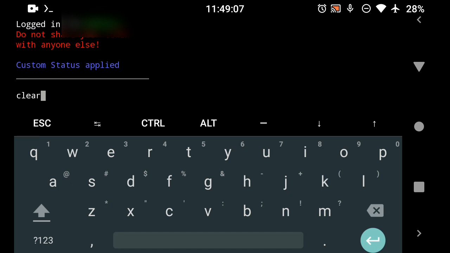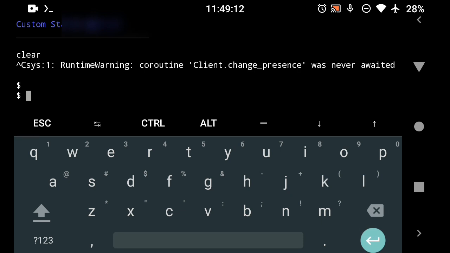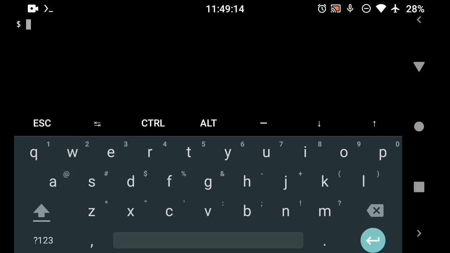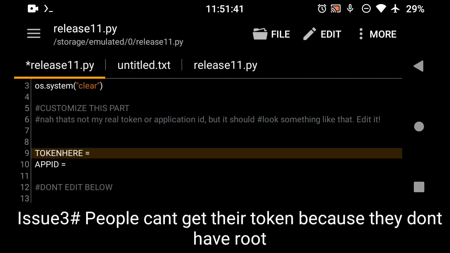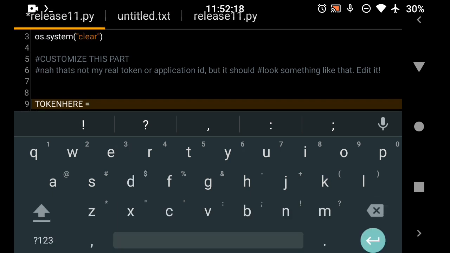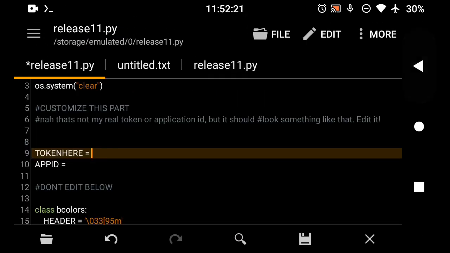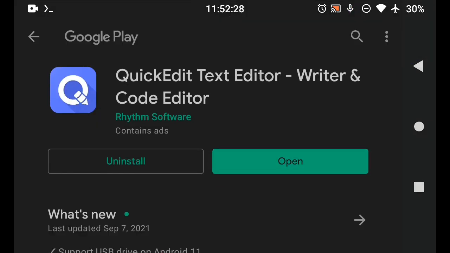And yeah, there's another issue, let's see, people who don't know how to get their token. For the token part, people are having problems because they can't get their token. That's because they don't have a PC. So one way you can do this is to download something on the Play Store called